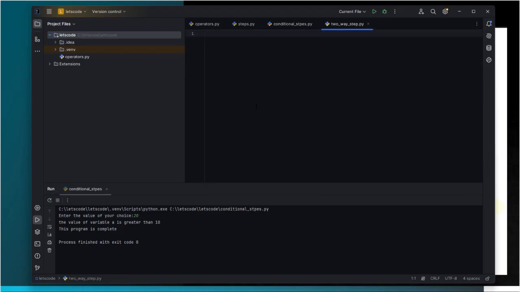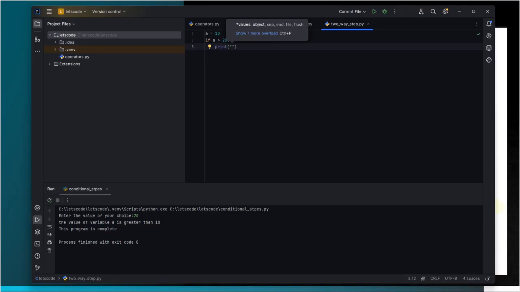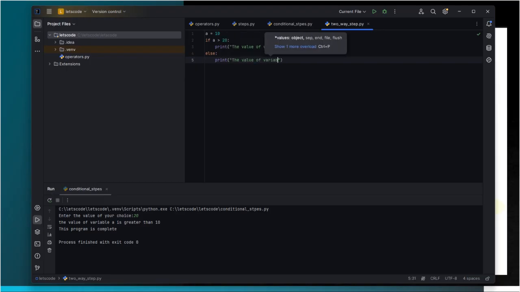We'll say two-way step. So we are saying a is equal to, let's say we'll give the value of 10, and then we are saying if a is greater than 20, print the value of variable a is greater than 20, and without doing a second condition check, we are just saying else colon print the value of variable a is lesser than 20, and then we are giving our final print statement,